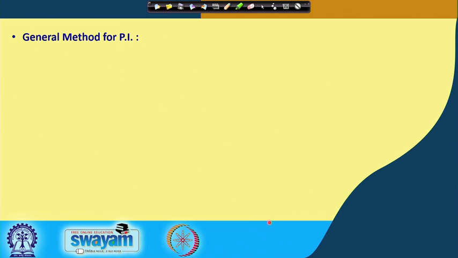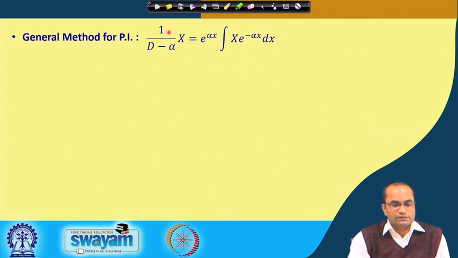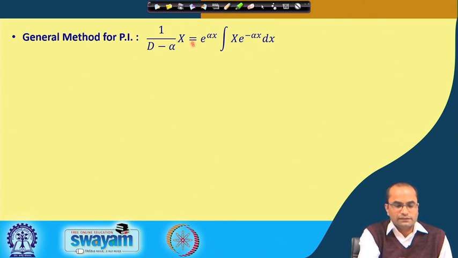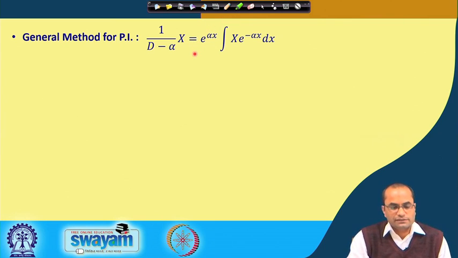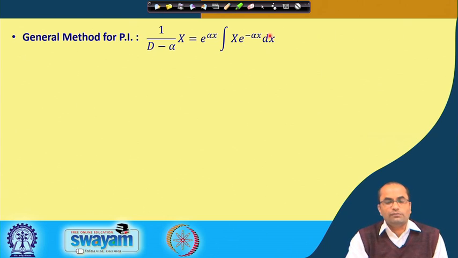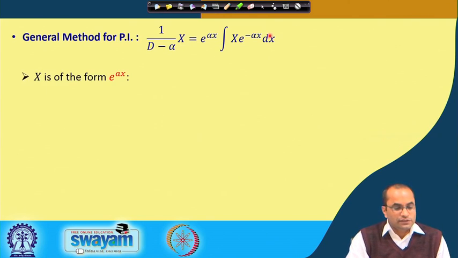Just to recall from the previous lecture, the general method for getting the particular integral was 1 over D minus alpha applied on X, where X is a function of small x. Then we get this integral: outside the integral e power alpha x, and then the integral of X e power minus alpha x dx. So, this was a very general form which can be used for getting any particular integral, but then we have